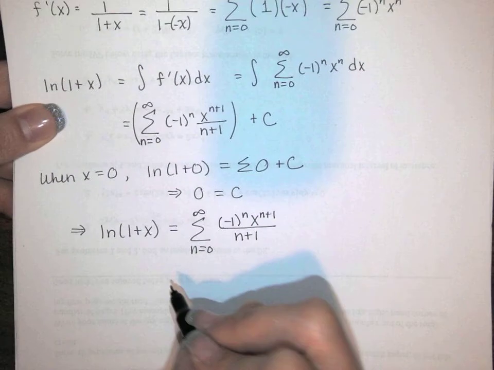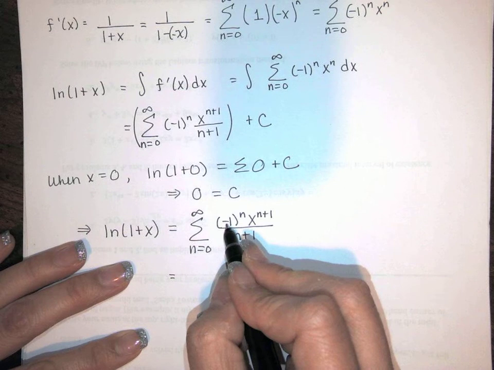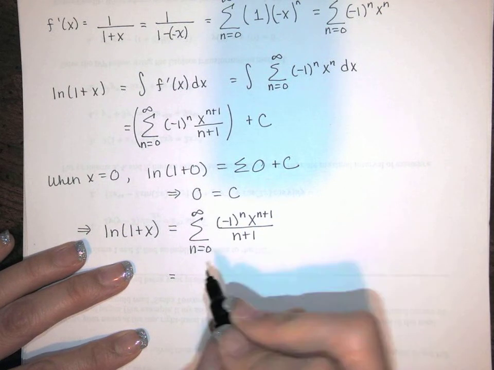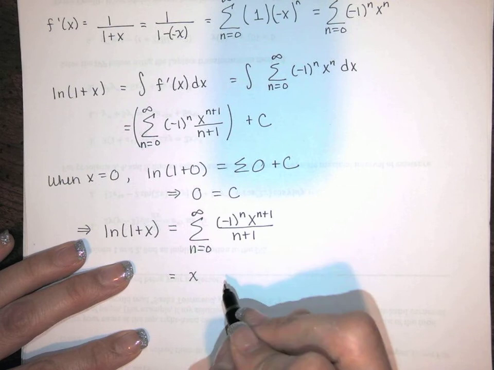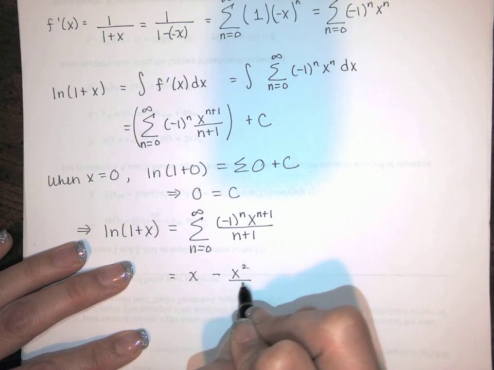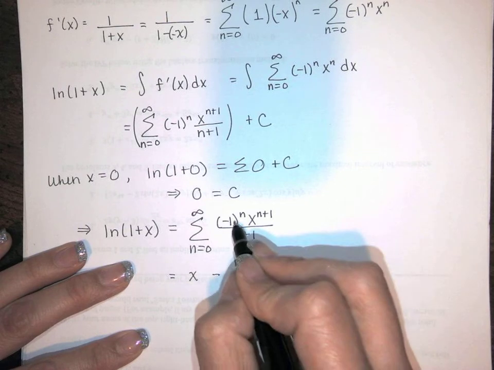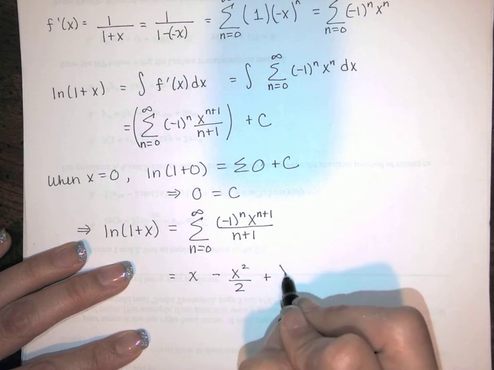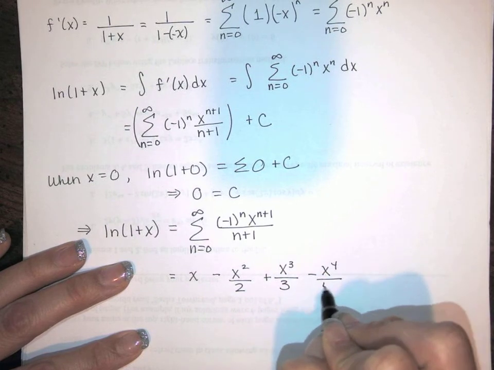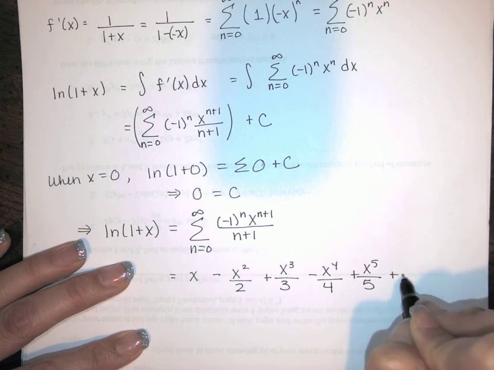So if I expand this, when n equals 0, negative 1 to the 0 is 1. This is x to the 0 plus 1, or just x, over 1. And then it's alternating. When n equals 1, we've got x squared over 2. When n equals 2, negative 1 squared is positive 1. That's x cubed over 3. Then we have x to the 4th over 4, and so on. X to the 5th over 5. And the question is,